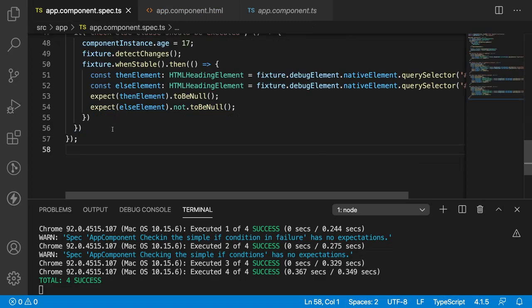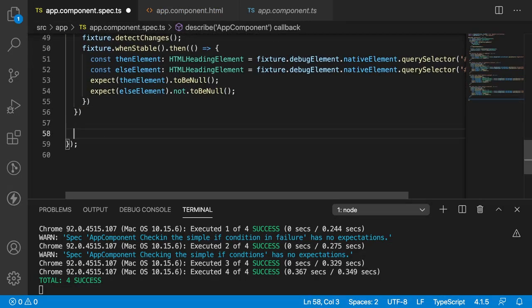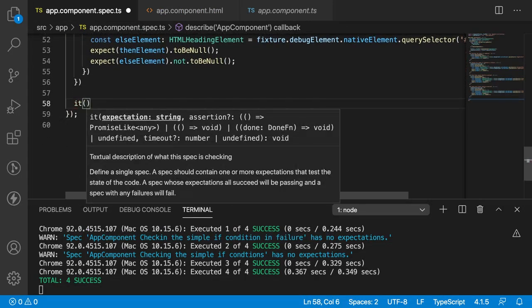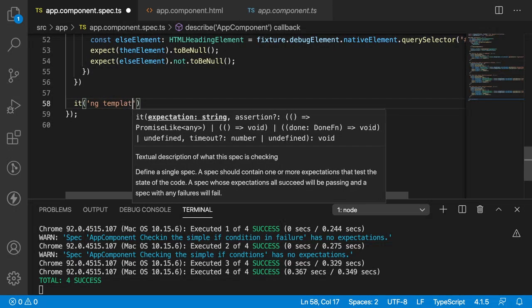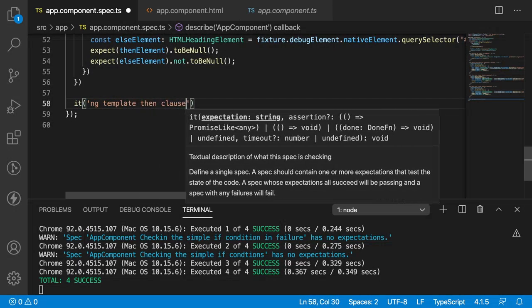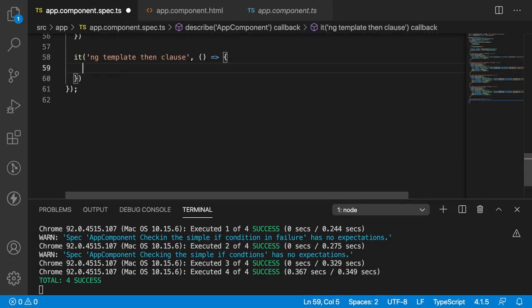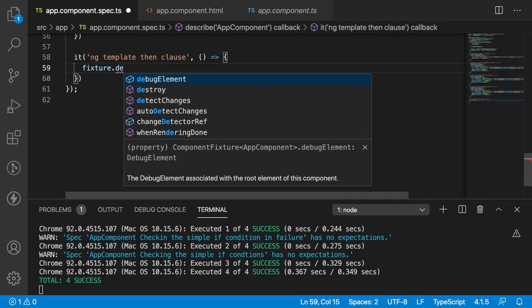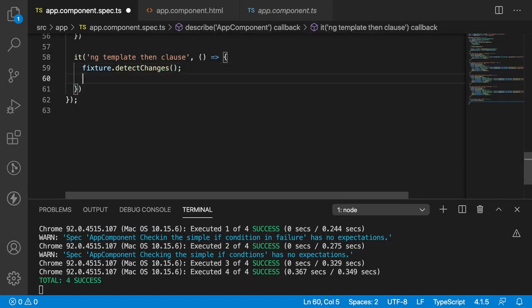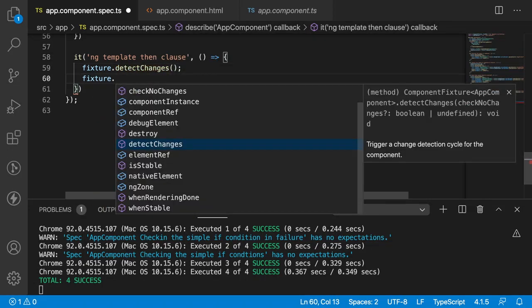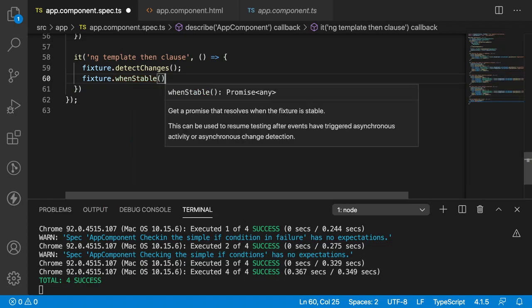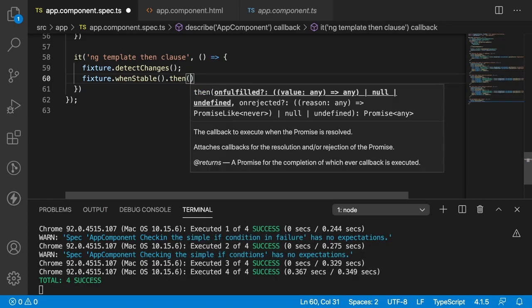So now if I go to the code, let me create one test case. What I want to test, ng-template then clause. I want to test this then clause. So it has a callback. Inside the callback, fixture.detectChanges, and inside the detectChanges, fixture.whenStable. When it is stable, it is promise based and it has a callback.